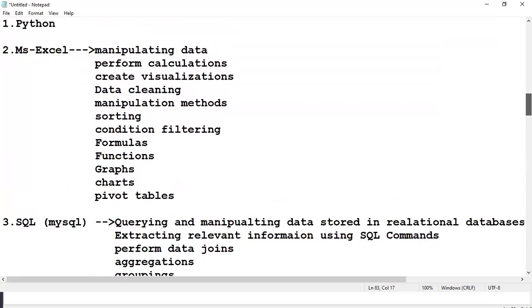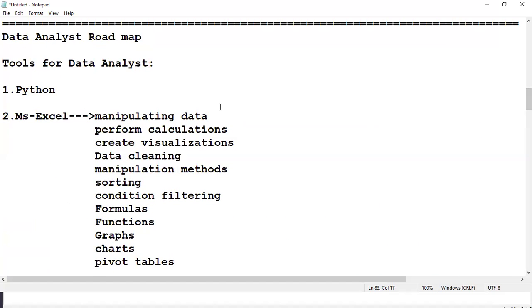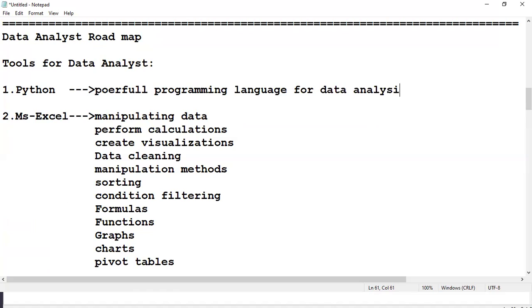If you see Python, it is a powerful programming language for data analysis. Now, you won't see anything related to data without it.